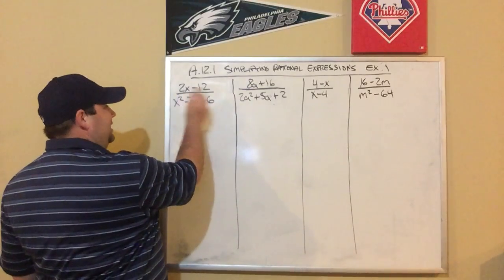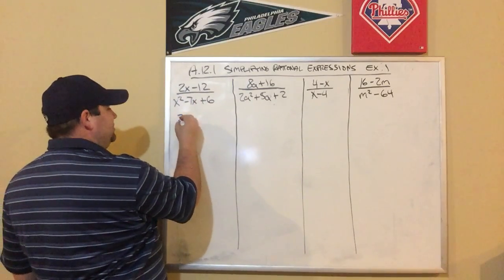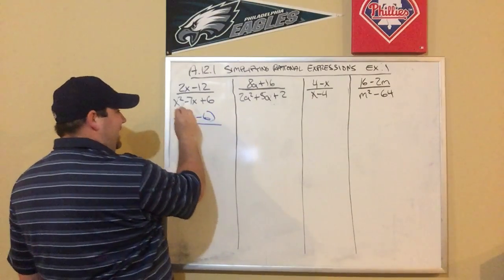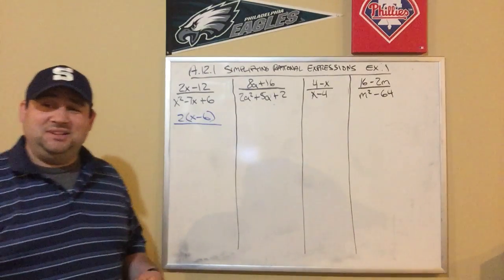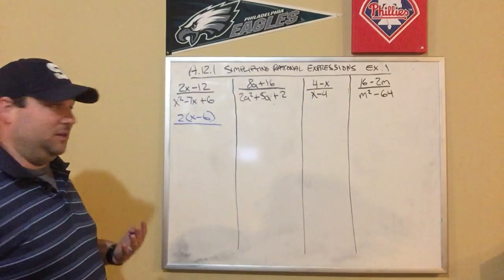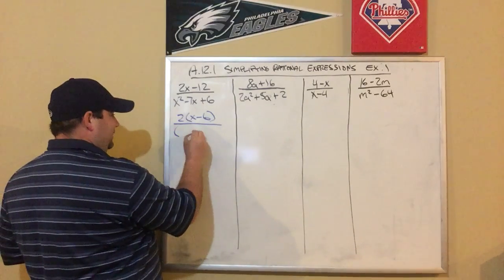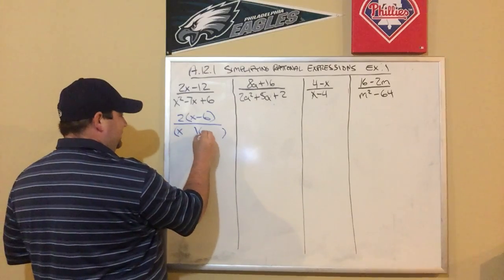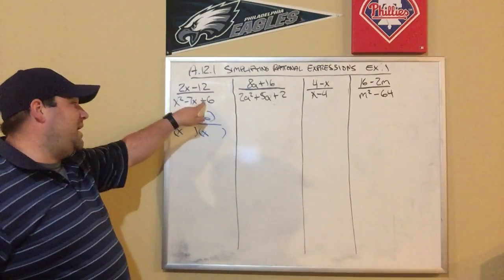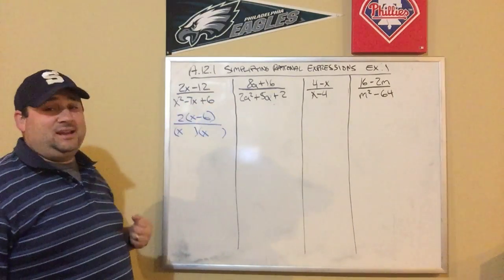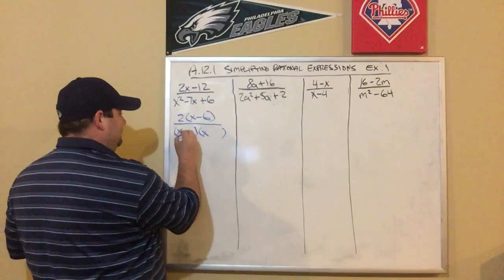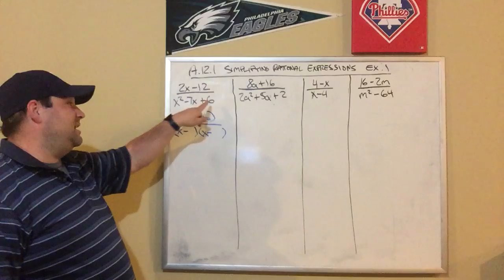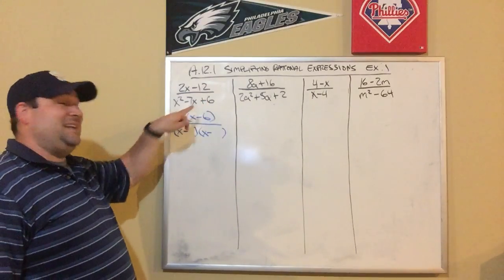So on the top, I can divide out a 2. So that would be 2 times x minus 6. The bottom, that's a trinomial. We could unfoil that trinomial. So to factor it, I know it's going to be x times x, and then I'm looking at, this is a positive 6, but this is a negative number in the middle, so that tells me I'm subtracting both. So now I'm trying to find two numbers that I can multiply to get 6 and add to get negative